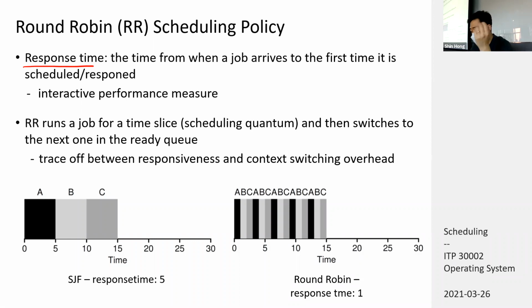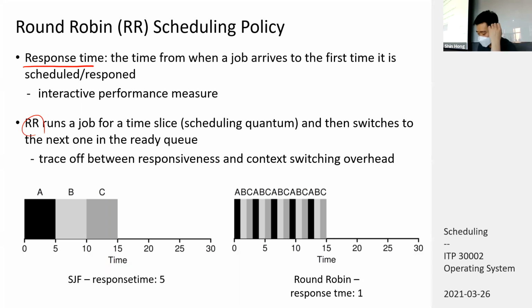Response time is somewhat more really important. So round robin is aimed at achieving reliably good response time. Simply, RR runs a process for a time slice. A time slice is often called a time quantum. It usually means a very short period of time, and it quickly switches to the next one in the ready queue without considering anything. It just provides a fair chance to all the processes to execute for a short period of time. So the continuation of progress is more reliably achieved when running the round robin